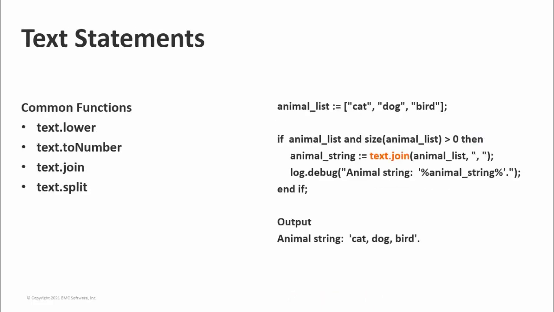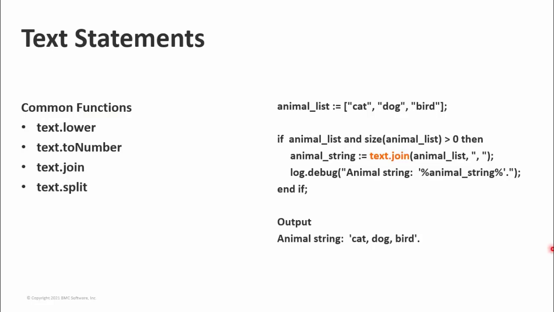Text statements, text dot something, are used for string manipulation. These are just a few of the text statements available in TPL. I didn't list all of them. I find that text.join is especially useful. Say that we want to convert a list into a comma-separated string, we can use text.join as in the example